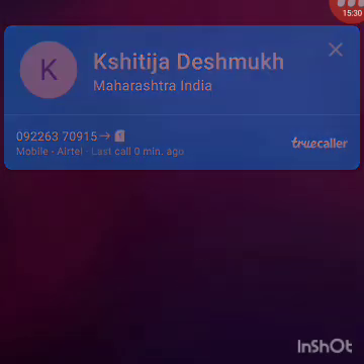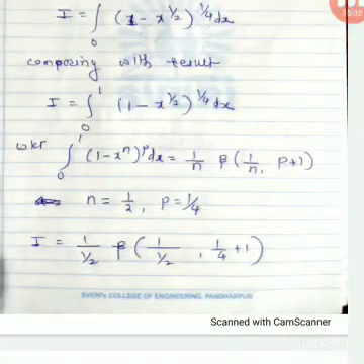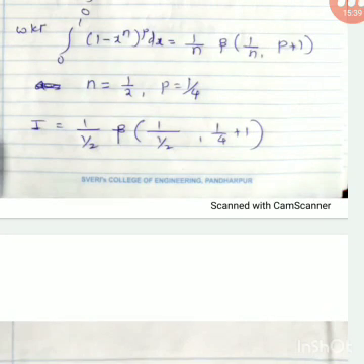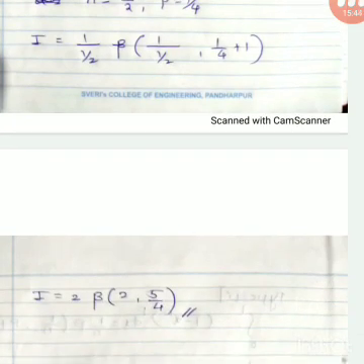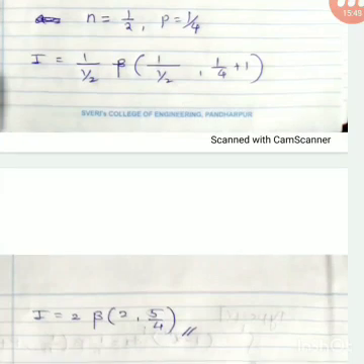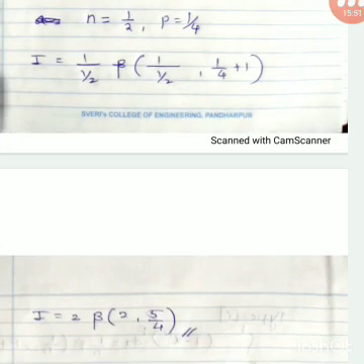Okay, next, comparing with the result, we get I is equal to the integral from 0 to 1 of (1 minus x squared) raised to 1 by 4 dx. Okay, we know that result form. Just we can use the type 1 result also with m is equal to 0. Same: 1 by 2 beta of 1 upon 1 by 2, and 1 by 4 plus 1. Just make the simplification. This 2 is already in the numerator and denominator, so that is shifted to 2 times beta of 2 comma 5 by 4.